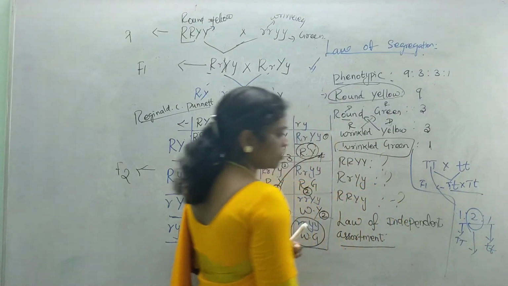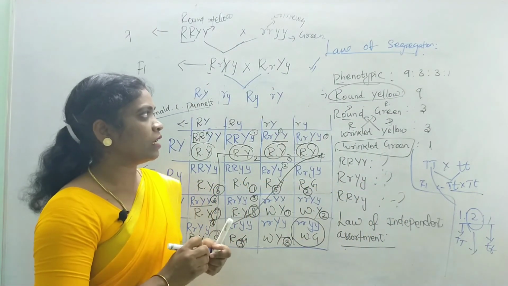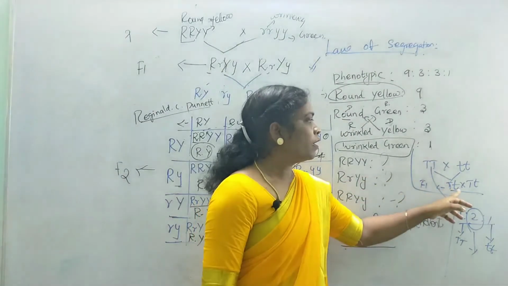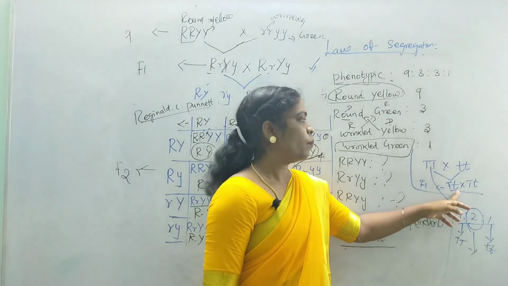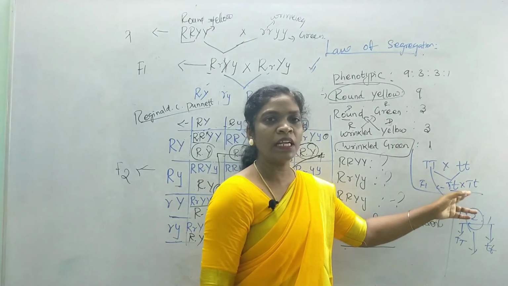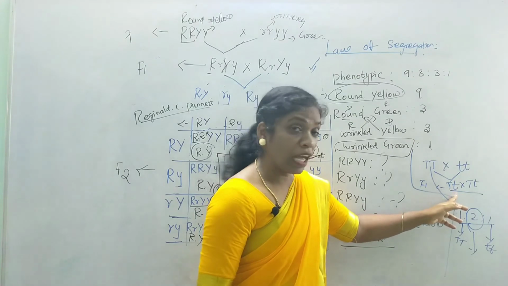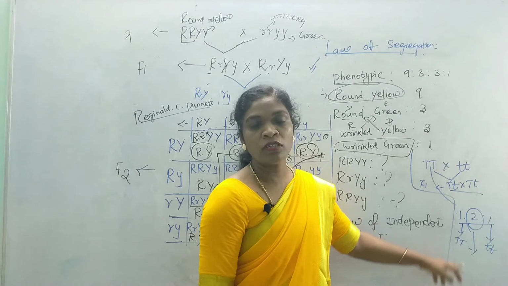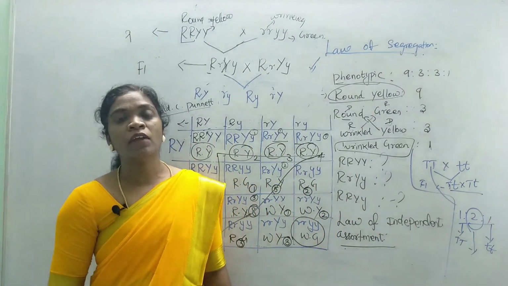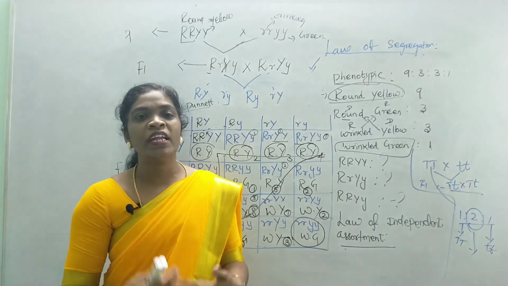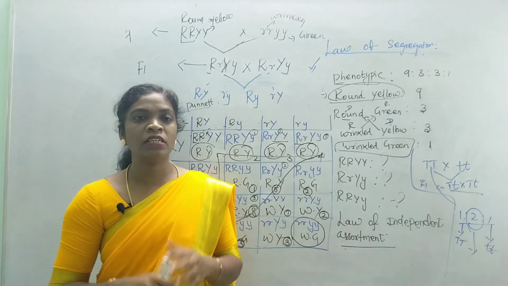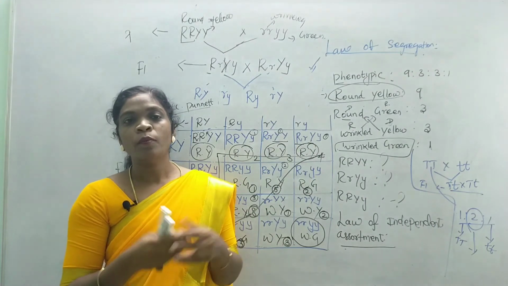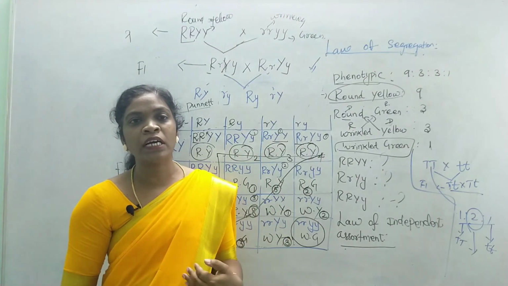This one form is a pure form, this form is also a pure recessive form. It is the heterozygous condition. So according to Mendel, what happens here? What does the law of segregation explain? Even in the F1 generation they do not segregate, but when they go for selfing, we can see the parental characters reappear in the F2 generation. So whatever characters were lost in the F1 generation reappeared again when he selfed the F1 generation. This is known as the law of segregation. Even though they are mixed together, finally we get the pure forms back.